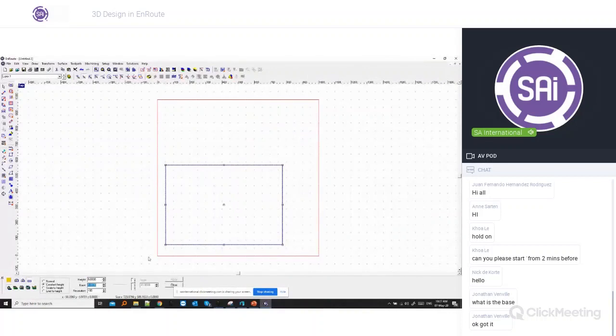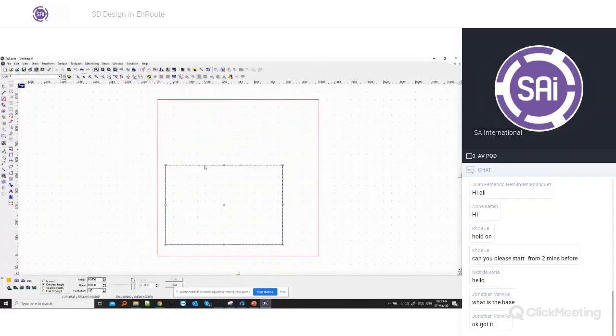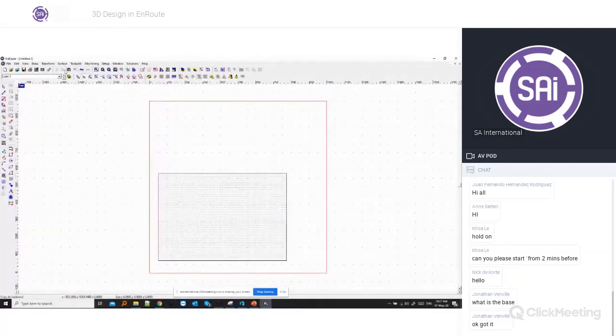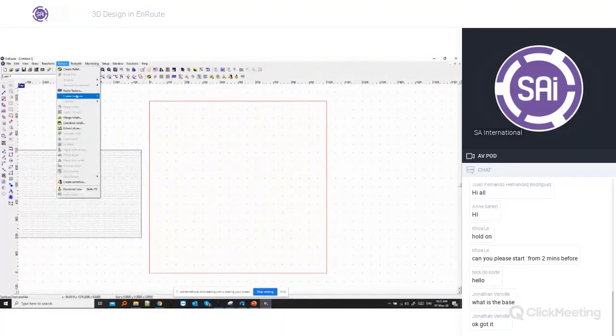So for the surfacing tools, maybe the first ones I will show as mesh objects, so then you don't have to create a canvas to create them on. The first one would be the